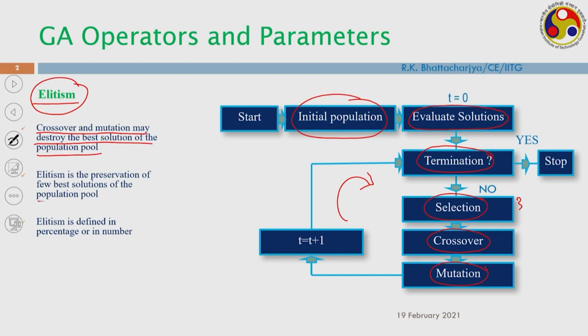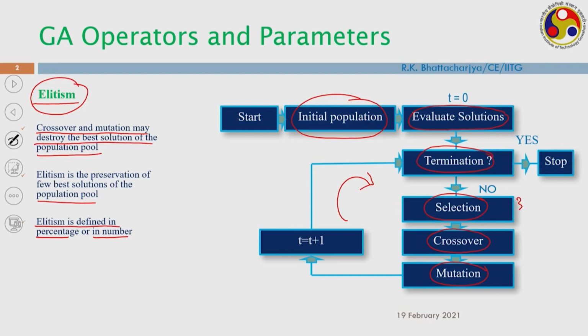Basically, I am preserving those solutions, and I can implement this elitism by percentage or in number. What I can do is preserve some percentage, maybe 5% or 2% of the best individuals. They will directly go to the next generation, or I can put a number, say I would like to preserve 10 individuals, the best 10 individuals. They will go to the next generation without participating in crossover and mutation, because the crossover and mutation